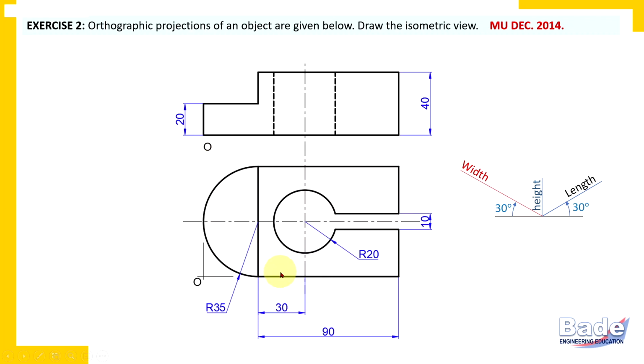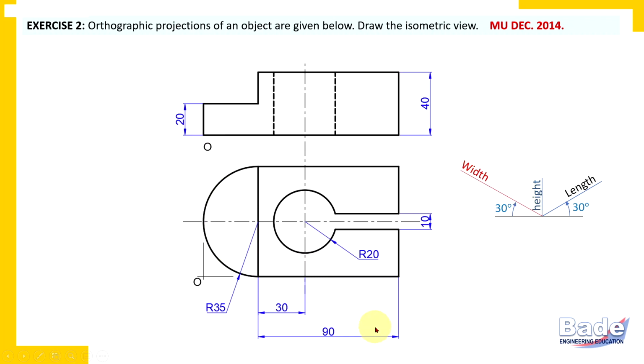Now one very important thing you should know: if point O is missing in the orthographic views, this is very important, how are you going to take that decision? Check which side of the object, right side or left side. It is a comparison between the right side and the left side. Check the narrow side and the wider side of the object, and then take the decision: the narrow side is the point O side. So in this case, point O is on the left side, or the narrow side is the left side. So the left side axis is the width axis.